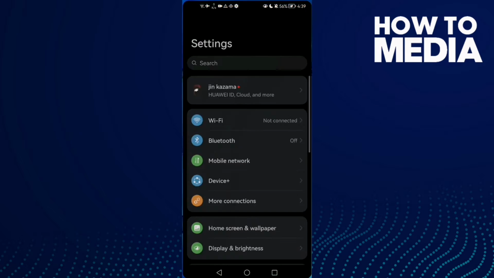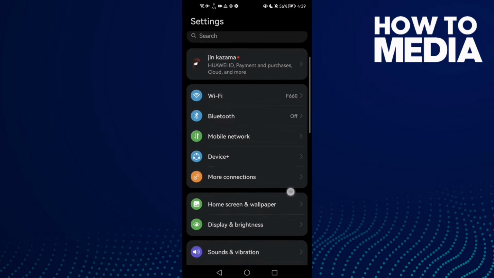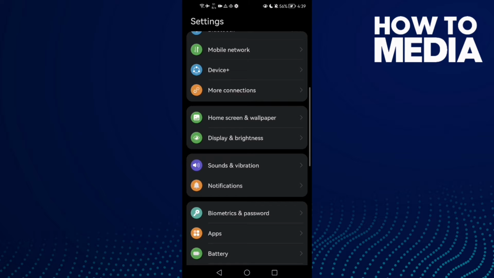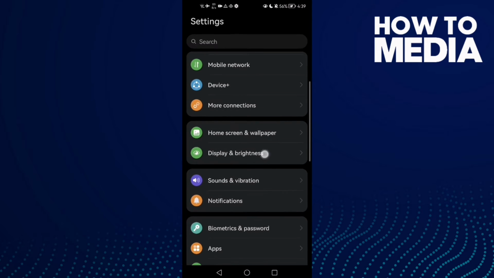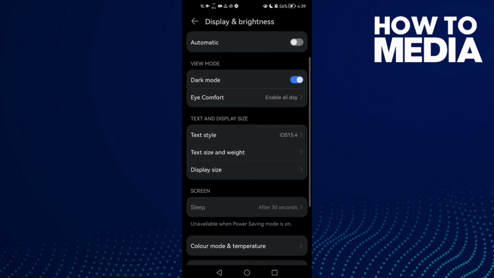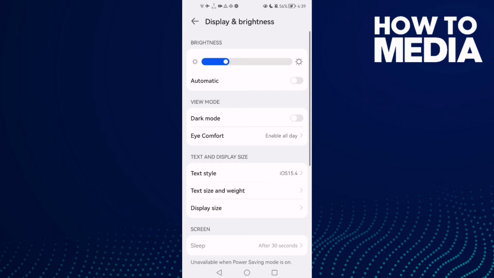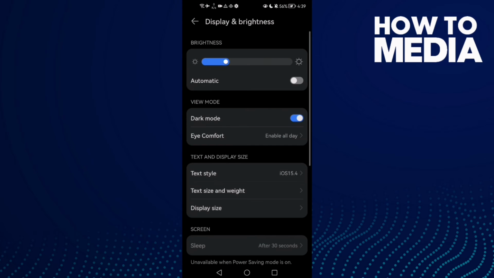First, open settings, and then just scroll down until you find display and brightness and click on it. And as you see here, you will find the view mode. Now you will find it like that, and then all you need to do is just enable it and then